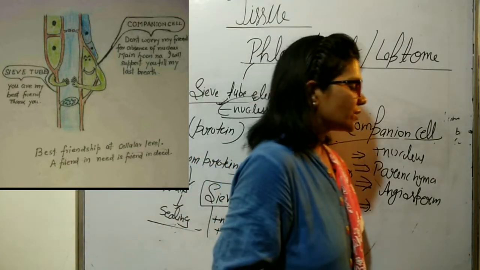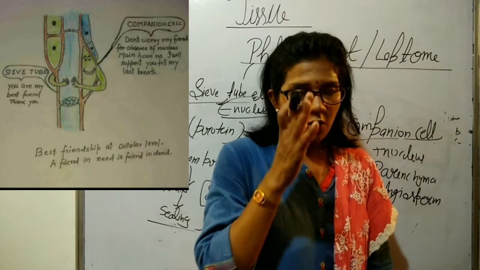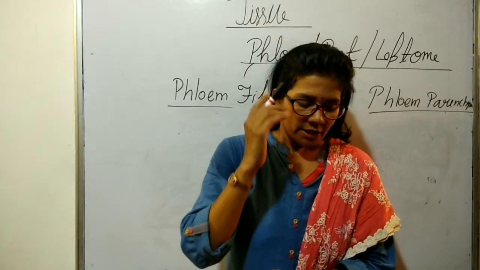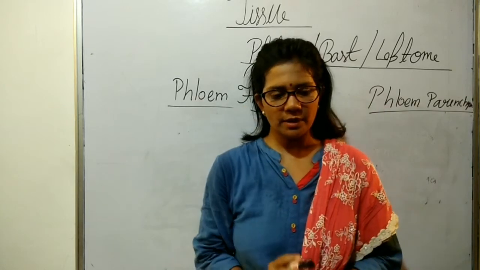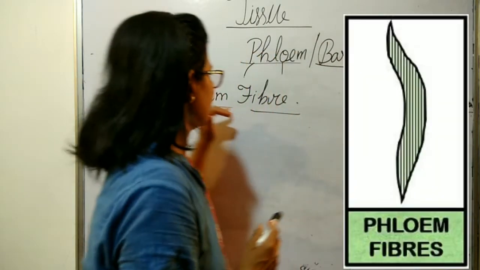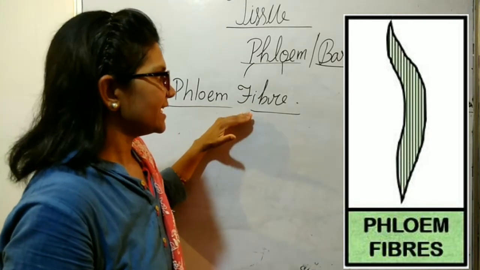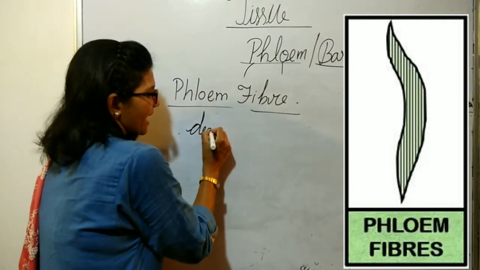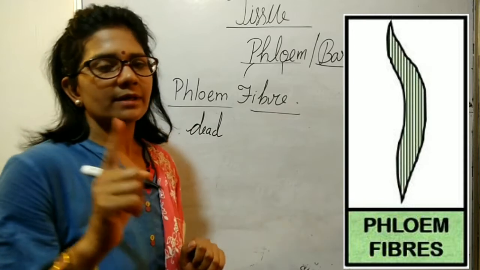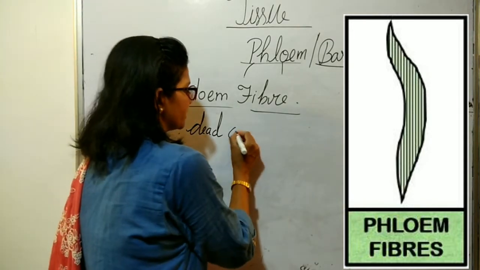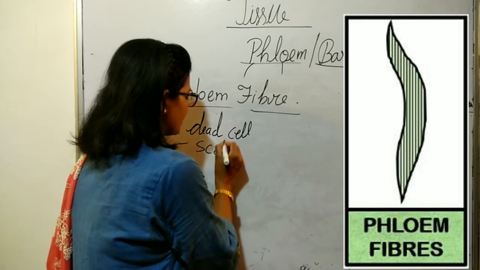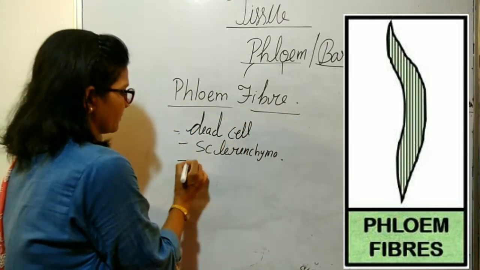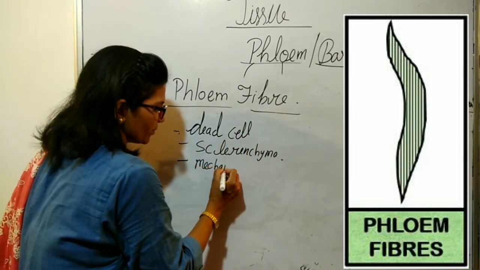Now the third part which we are going to discuss is the phloem fibers. The important thing about the whole phloem is that phloem fiber is the only component of phloem which is made of dead cells. Except for it, all the phloem components are living. Dead cells means it is sclerenchymatous. So what is the function of this? Its main function is to provide mechanical support